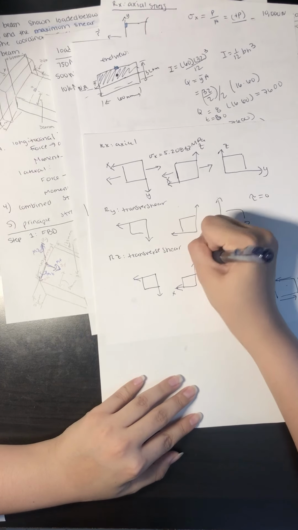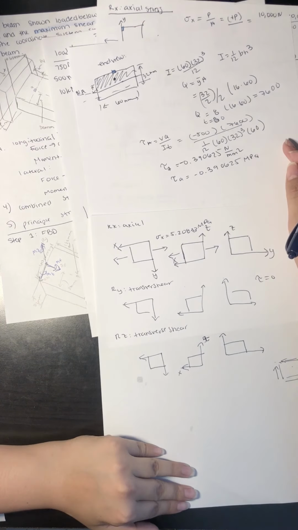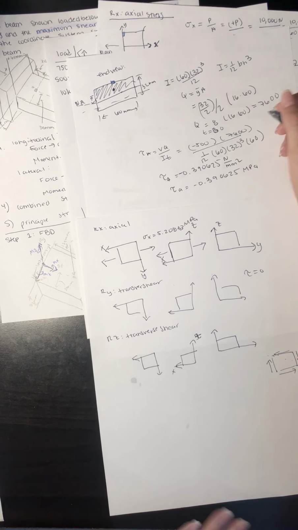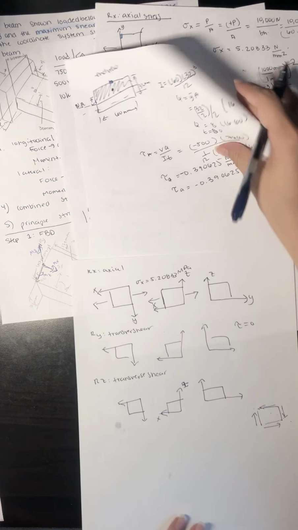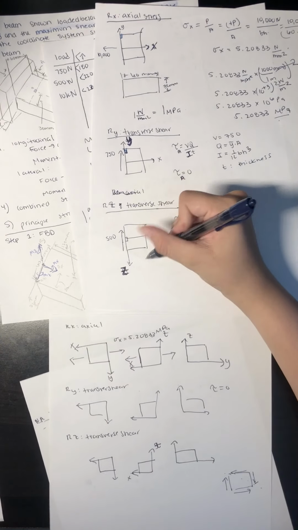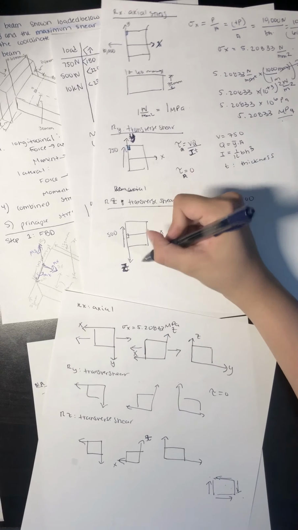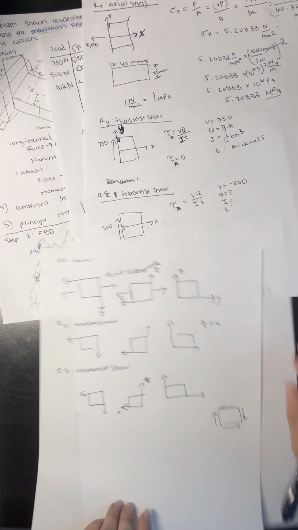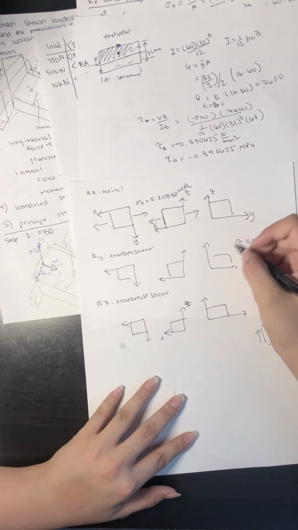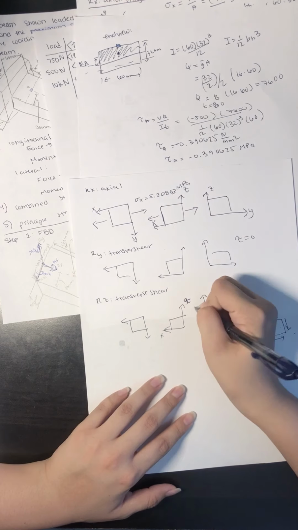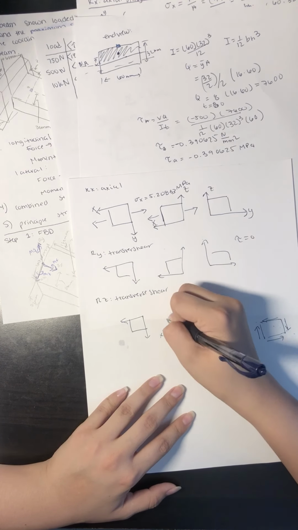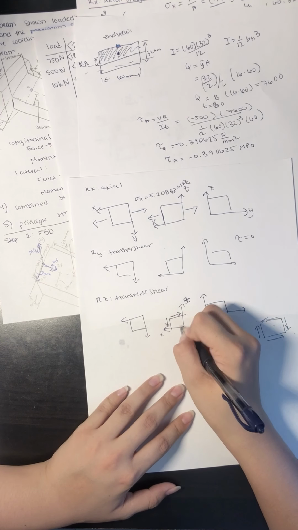planes. So we also know that this is only applied to certain planes. In this case, it's going to be only in the X and Z direction because we're only finding X and Z transverse shear. So it's only going to be here, and like I said, it is going to be negative 0.39. So negative X is this way, negative Z is this way, and then our opposite reaction, so